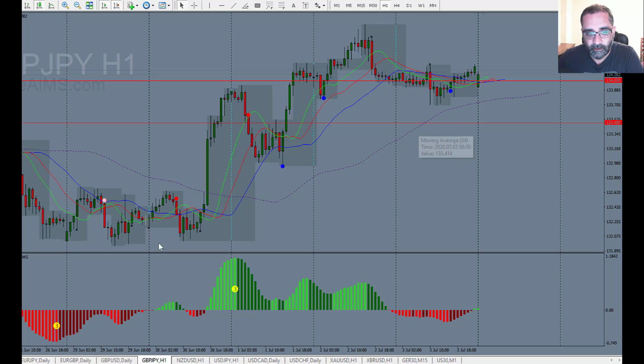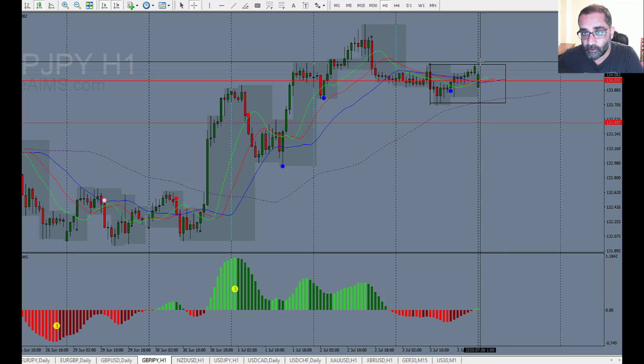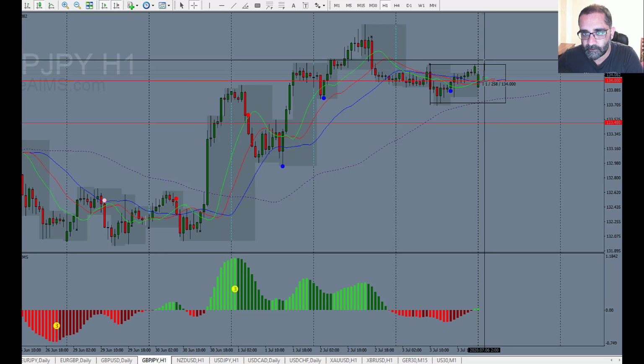So what we can see is a 3 up and a 4 sideways. So if I were to mark this like so, I can either go long, put a pending order now, have a stop loss here. So let's say about 40 or 50 pips stop loss, and I will mark the target zone 1